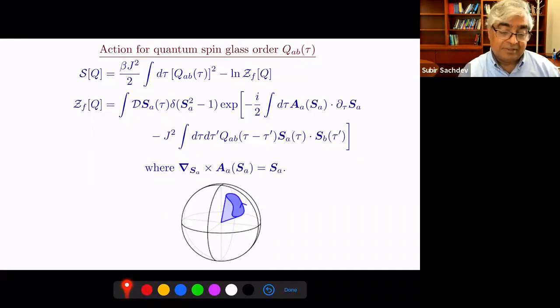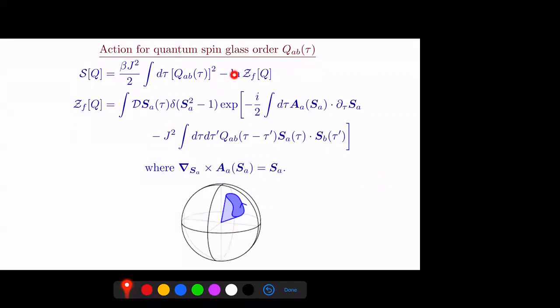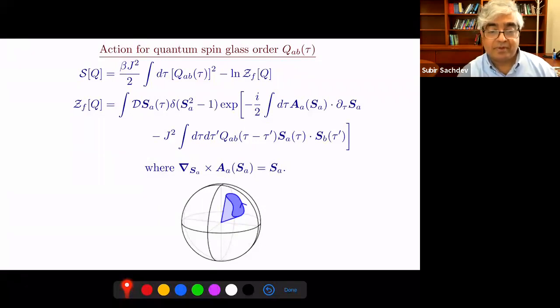Okay, so how do you solve this problem? Well, this is a hard problem to solve. It's still not solved today in any fully reliable manner. The one method that's worked very successfully, which I'm going to exploit today too, is the 1/M, large M expansion. So this is the problem we want to solve. Everything I'm going to talk about is the solution of these saddle point equations. Find the saddle point of S of Q, where Z_F of Q is this function. That's the problem I'm addressing. Everything else is about this problem.